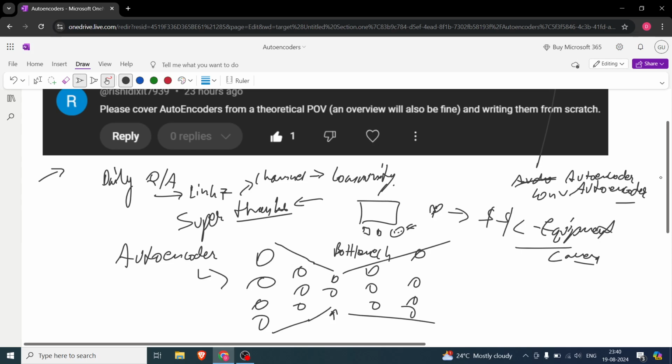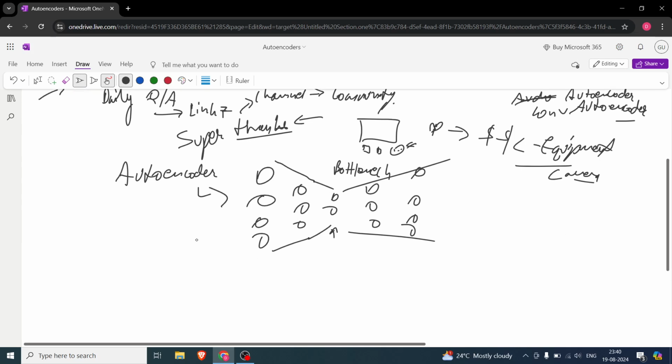Generally you will be giving images here. Let's say there is an MNIST image, from the MNIST data set, and this is an image of a 3. MNIST is 28 cross 28. We will take the first column, which is 28, then instead of putting the next column on the side, I will put it down.